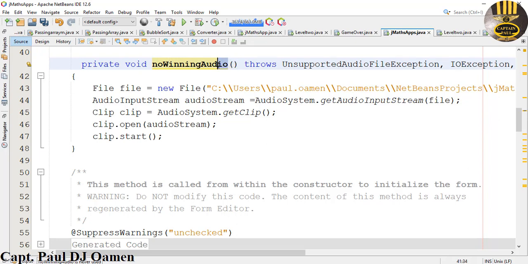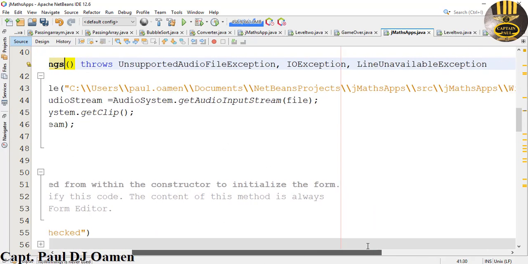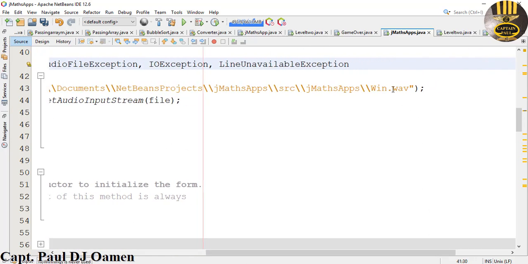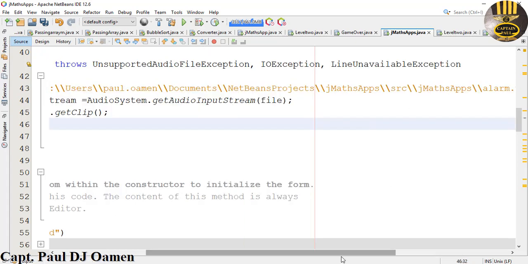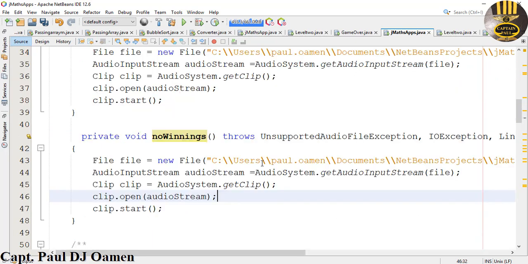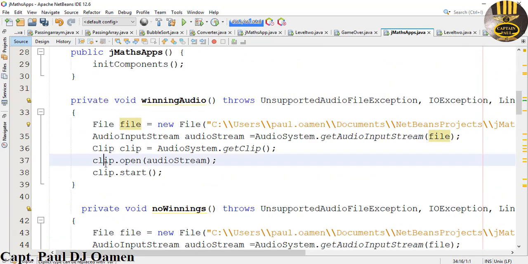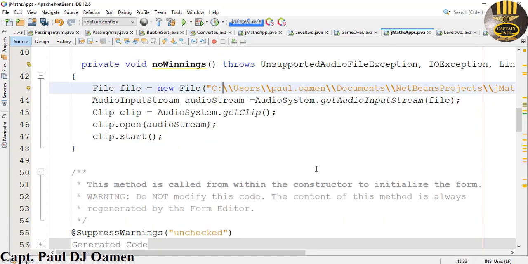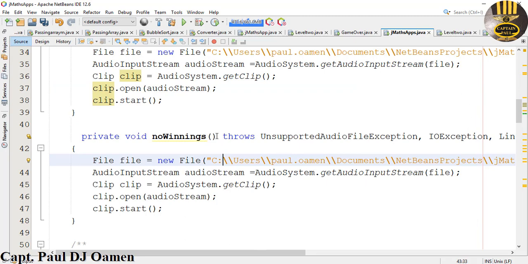Right, just change this one to no winnings. There we go. And the name of that file is just called alarm. Type in alarm there. Yeah, and that's it. Okay, these 2 functions are for my sound. So we can check them out to make sure they work, but we're gonna need some